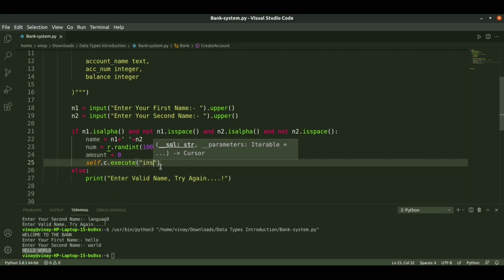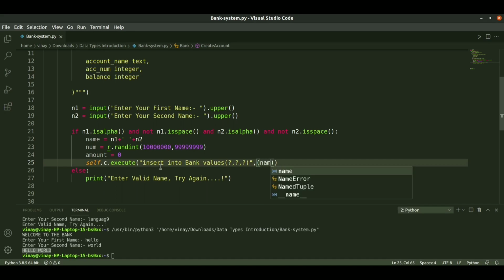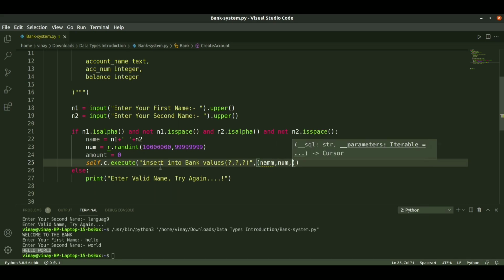So use insert into our table, our table name is bank, and the values are, we will use this format specifier as question mark, comma, question mark, comma, question mark, as we use 3, and then pass these values as, first one as name, and next one is number, and next is amount.